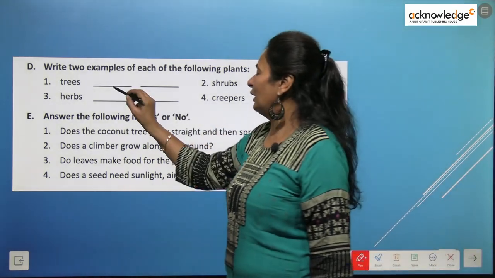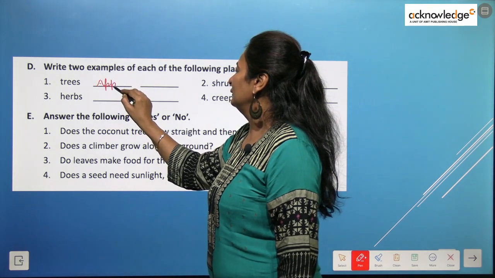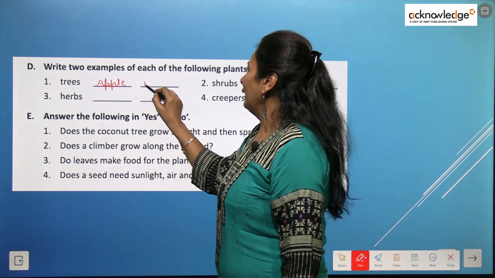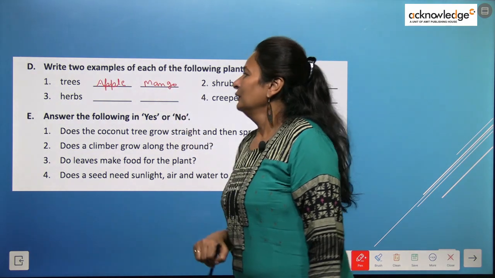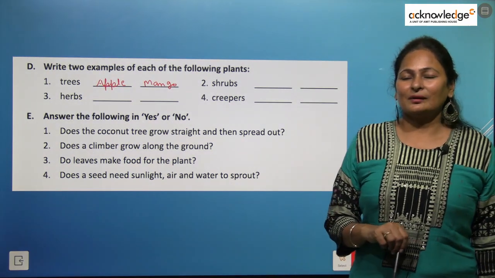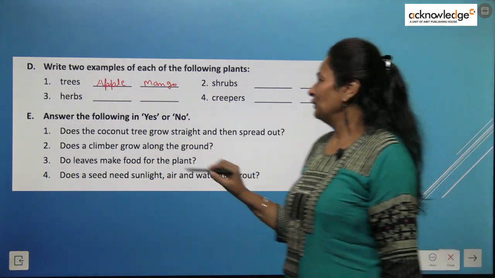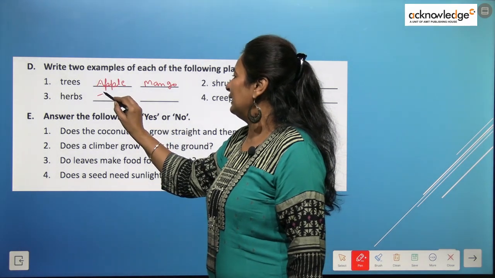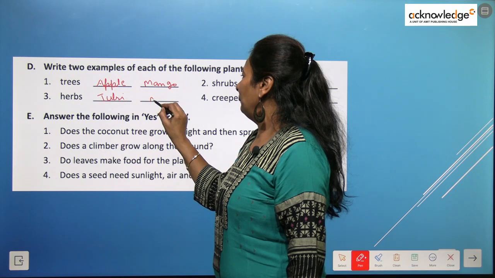So you can write down, let's say, apple tree or mango tree. Herbs. Herbs are small and weak plants. So you can write down tulsi and mint,